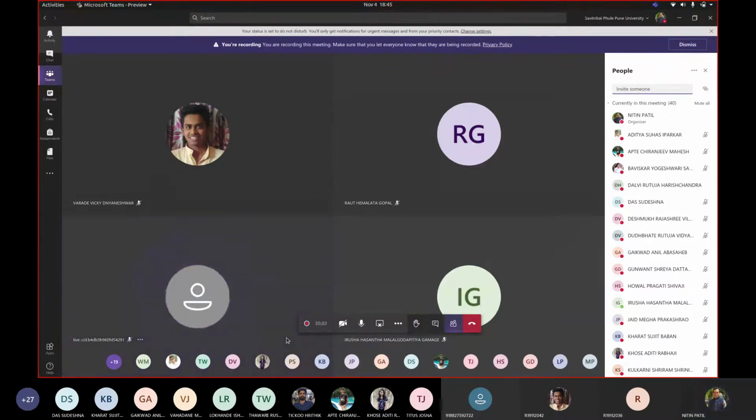Sudeshna, have you started writing it? Okay, somebody can share the screen who is writing, so that I can check what exactly is happening there. Sujit,